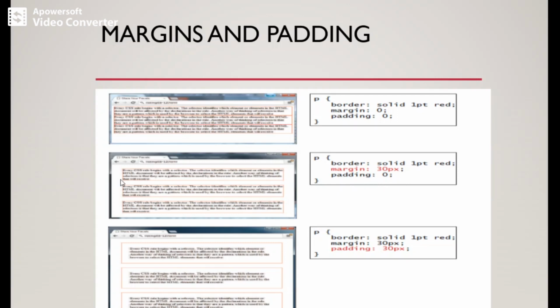So margin 30 pixel means, in the first web page you see there is no such margin. Margin is 0. But when you come to this web page, margin is 30 pixels. So you can see here the margin: left margin, right margin, bottom margin, top margin. In the last web page, margin is 30 pixel, and padding is also given 30 pixel. So look inside the box, the content, and the gap between the content and the border, that is 30 pixel. Same thing for top, left, right, bottom.